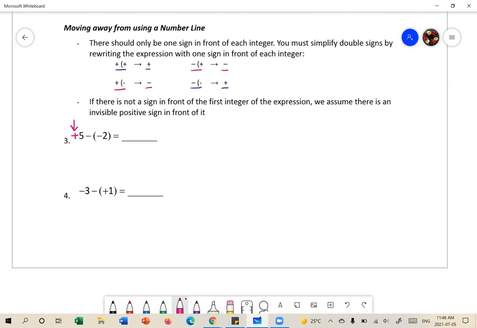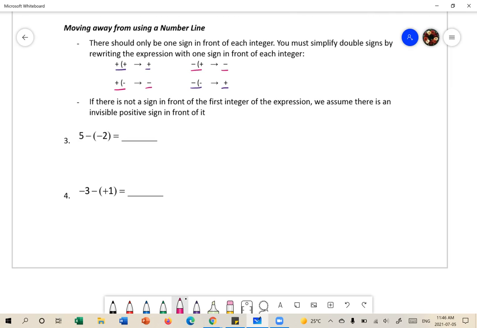When we begin a numerical or an algebraic expression with a positive integer, we're not going to write a positive sign in front of it. It's just going to look like this 5 does right here, 5. We understand that that 5 is positive. So that happens for the first